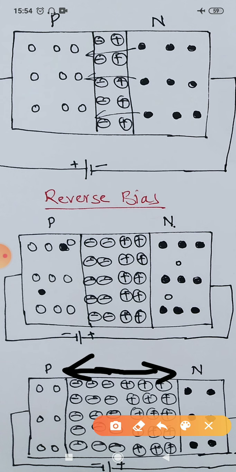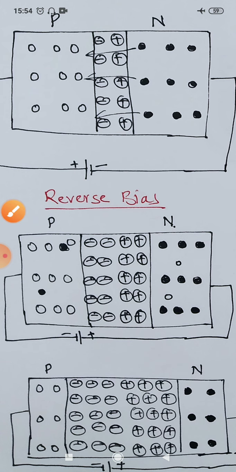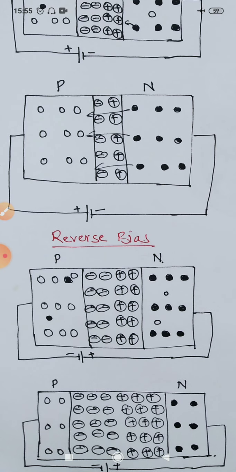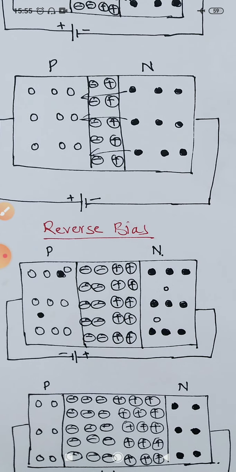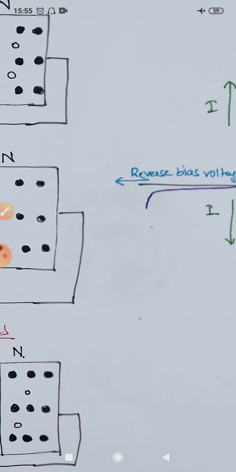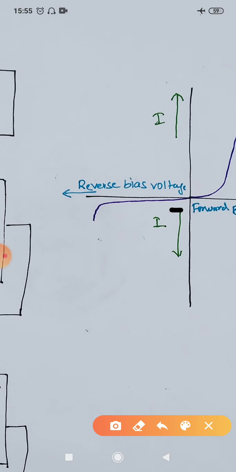When the depletion layer width increases, then no electron can diffuse to P side because it has to come across all this potential barrier, it cannot enter into P side. So in reverse bias, no current flows through the junction. In this configuration, the PN junction acts like a switch which is in off state. You can see here as you go on increasing the biasing voltage, you can see no significant increase in current, only a small current due to minority charge carriers.